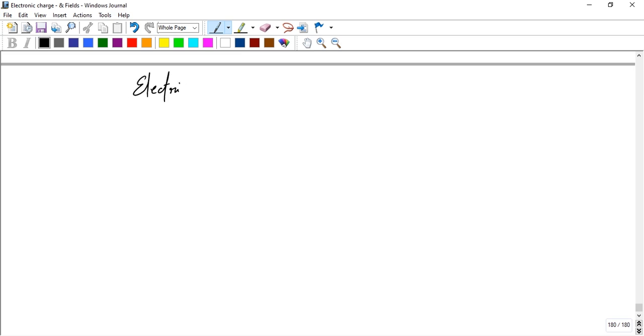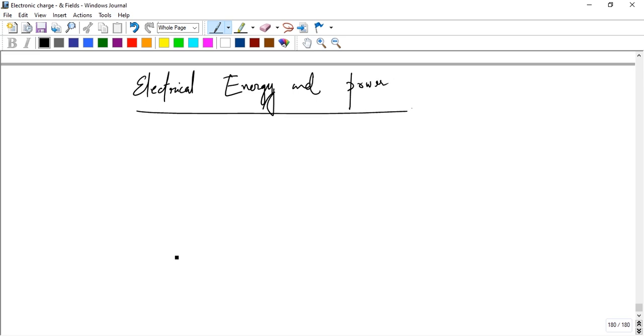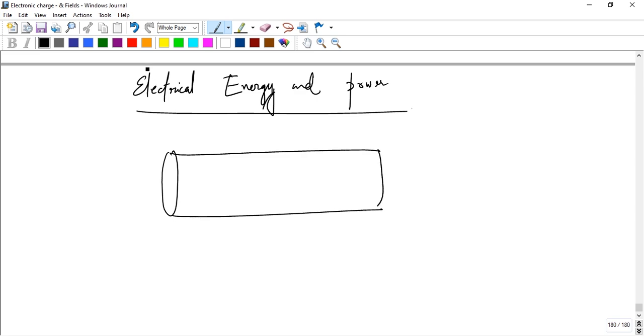Electrical energy and power. Okay, so there is a conductor. You choose a conductor. Suppose that's a point A here, that is a point B here, or A terminal, or that is a B terminal,